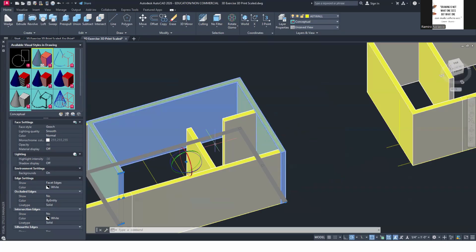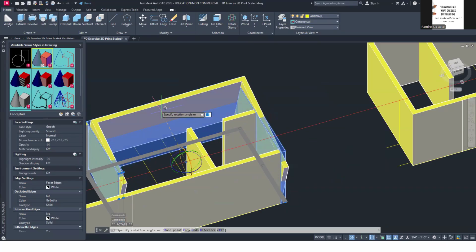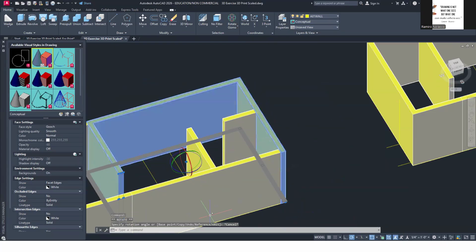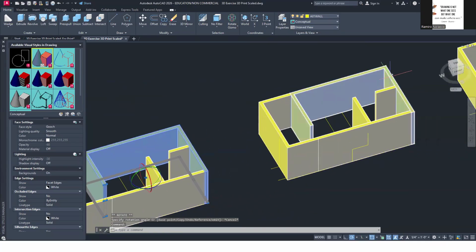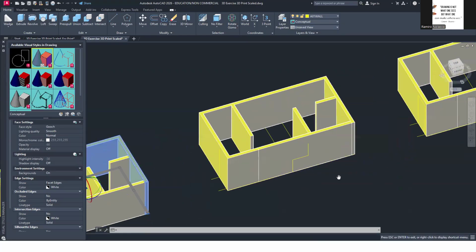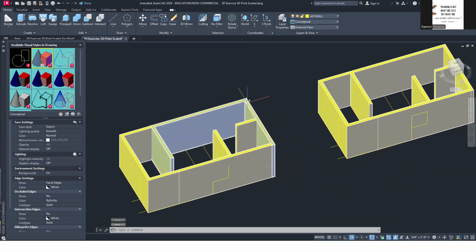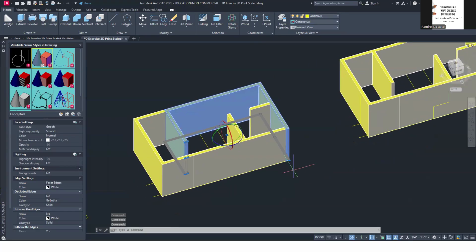Now, if I rotate this, then that triangle will be overhanging and it will need support. So when I realized that, I changed my cutting position. But anyway, once I've done that, and I have my third, then I can union these two, so I can cut that together. This one I was initially thinking of printing separately.